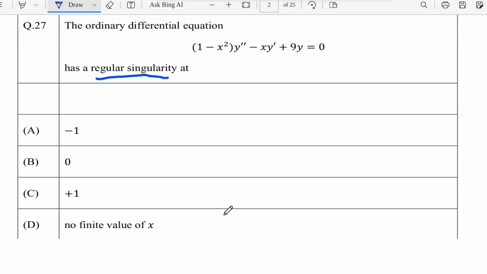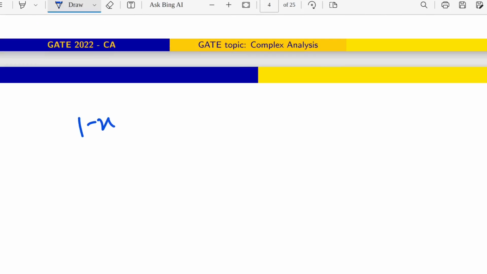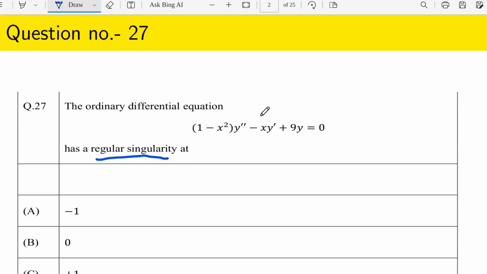So first of all, what we will do, we will write this expression, and after that we will calculate if it has a regular singular point or not, and if it has any regular singular point, who are they? Okay. So the differential equation is (1 minus x square) y double prime, then minus xy prime